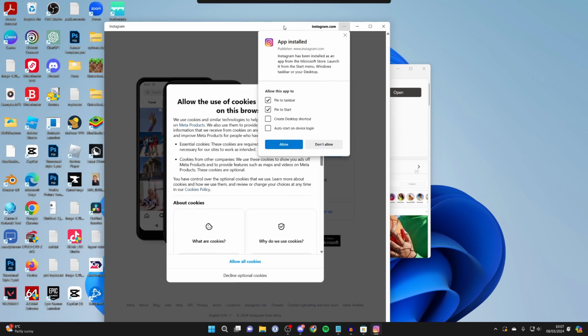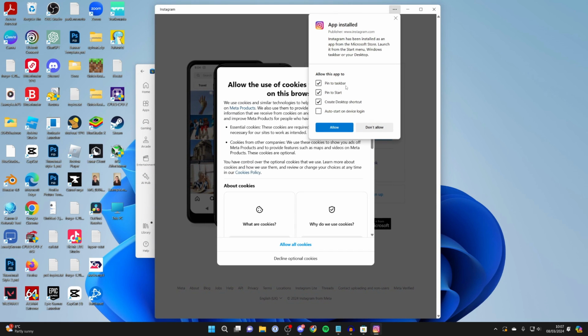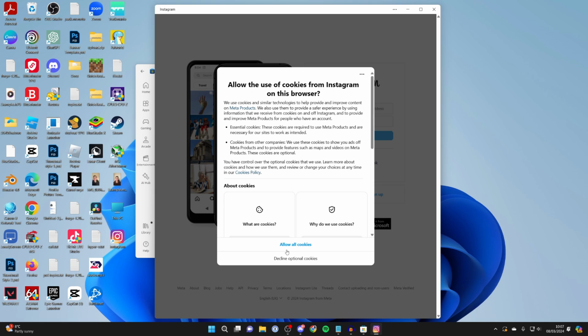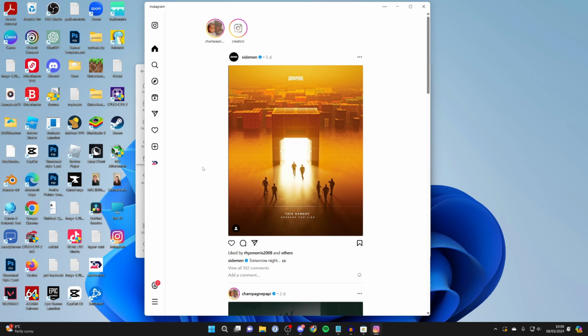You'll get this pop-up, and then you can choose if you want a desktop shortcut and these other points here as well. And then you can choose if you want to allow all cookies or decline the optional ones, and then we can sign in. And now here we are